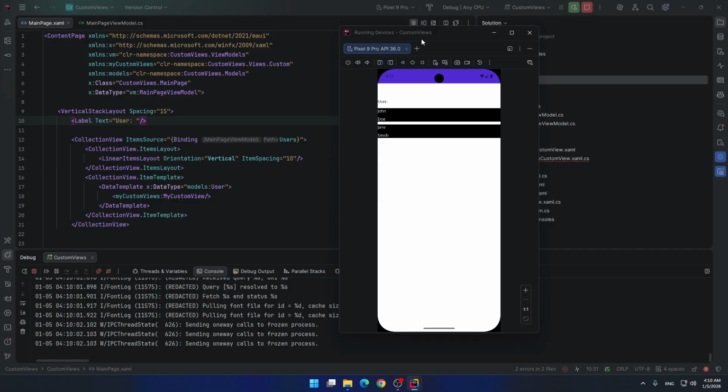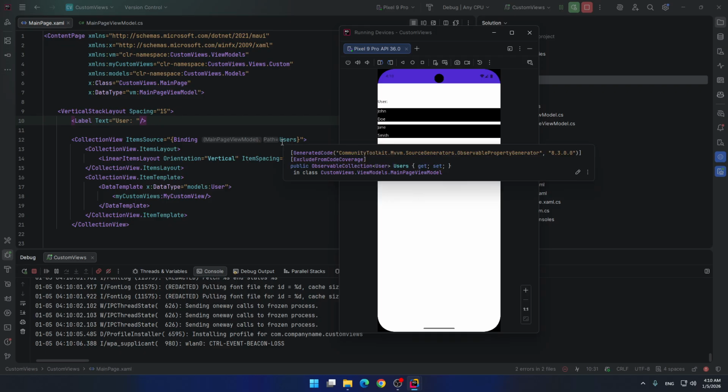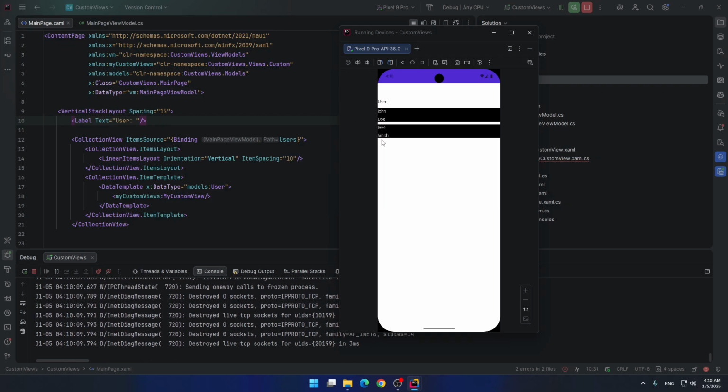And that's it, guys. It rendered 2 times because in our users observable collection we have 2 users, so our collection view rendered our custom view 2 times. That's it. Thank you for watching.